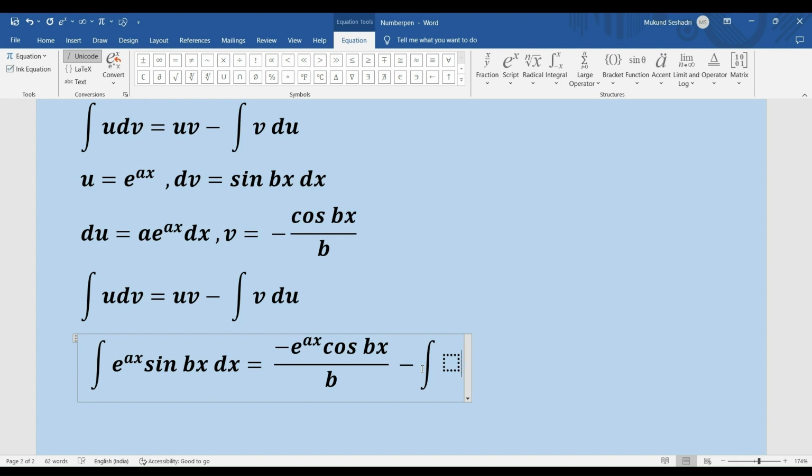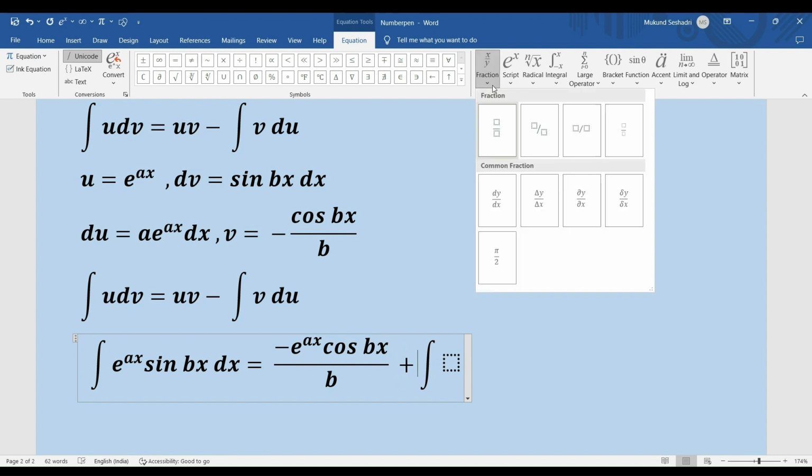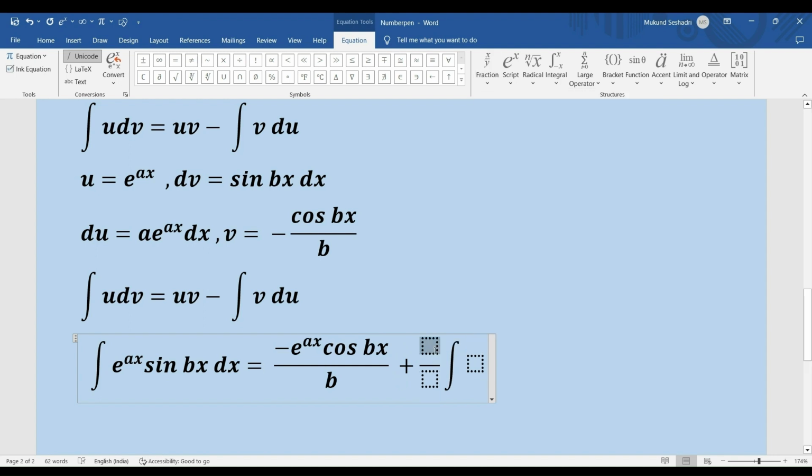And so what is my integral of v du? My integral of v du becomes minus a by b times e to the power ax into cos bx dx, right? And I know that minus a by b is a constant, so I can pull that out of the integral. And then I already have a minus in my integration by parts identity, and therefore a minus into minus becomes plus. And then I get a by b times the integral of e to the power ax dx